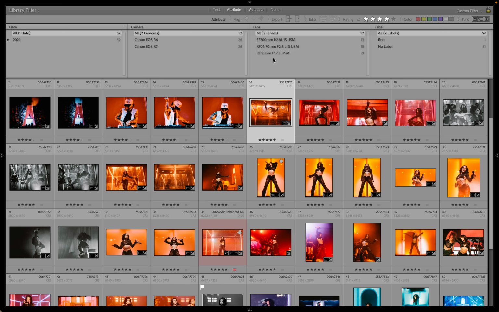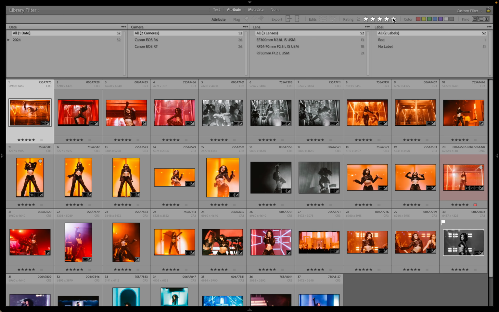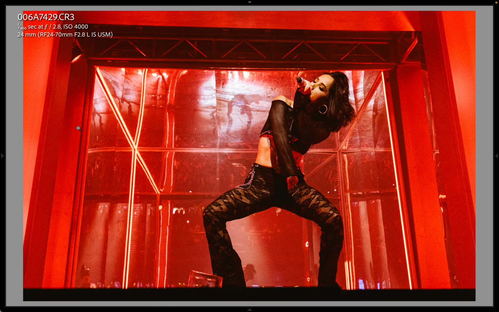For my selects, I mentioned I used mostly the 51.2. I had 21 from that, 18 from the 24-70, and 13 from the 300, but that's including the opener. Let's see for hers, 15, 12, and 10. Yeah, so the 50 did end up being the most used, or gave me the most shots that I liked